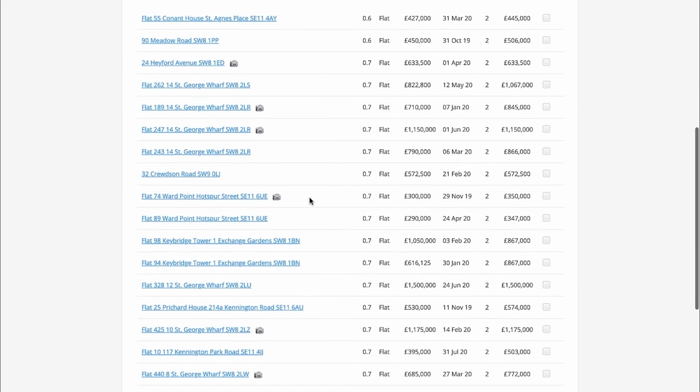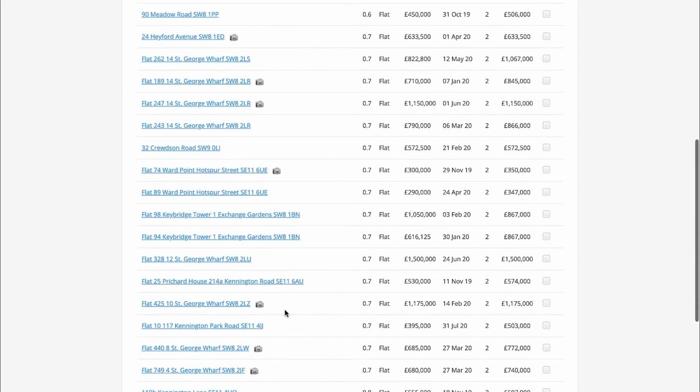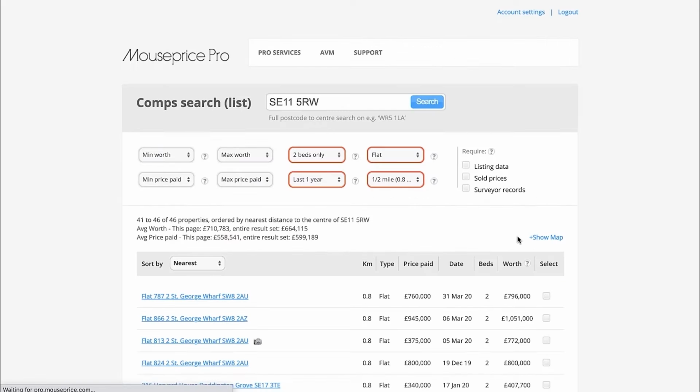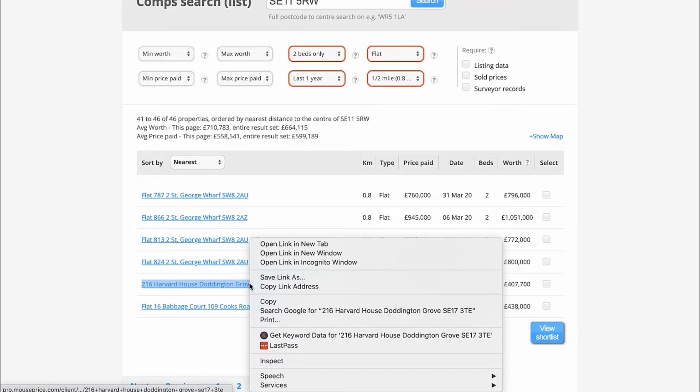And I'm just going to find some random ones which have maybe a building name, and I think can make a good comparable. So these all seem to be houses which have been converted, or private buildings, purely because, well, they're so expensive essentially. And now we can go through this one here,